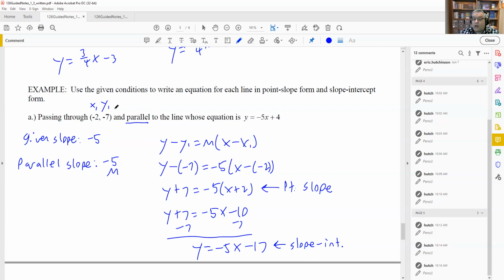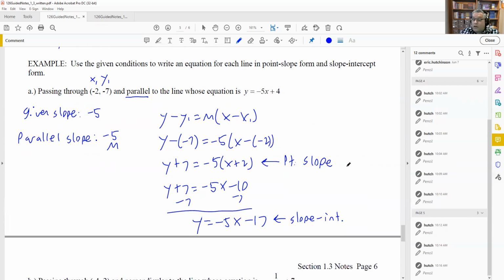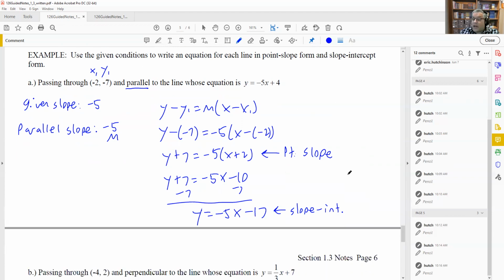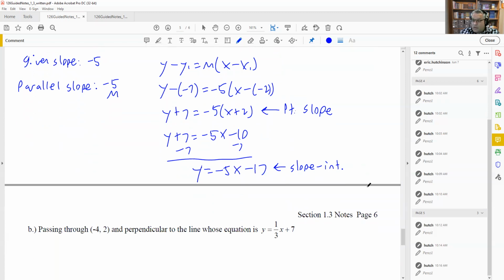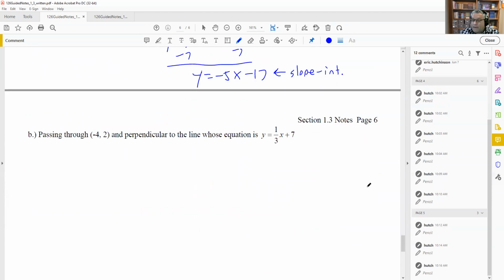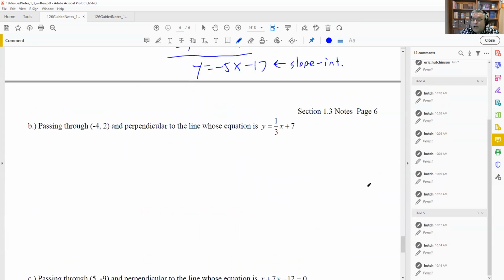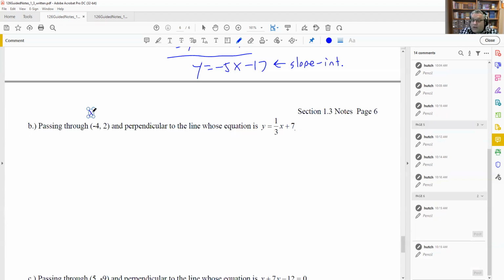So the word parallel means that we have the same slope. So now let's take a look at one where we'll do a perpendicular one as well. So we have an idea how to do that. So let's do that one next. All right, so we've got next one. Want to find a line that is passing through -4, 2, and perpendicular to the line whose equation is this one here. So again, what we've got there on that is we have x1,